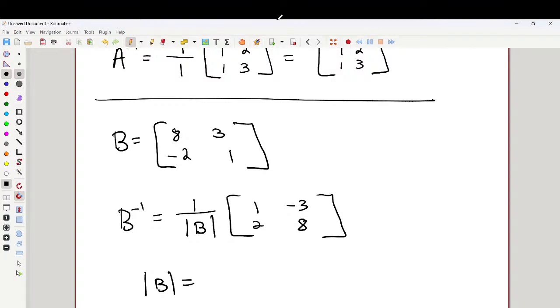What's the determinant of B? 8 times 1, that product, minus this product, -6, which is